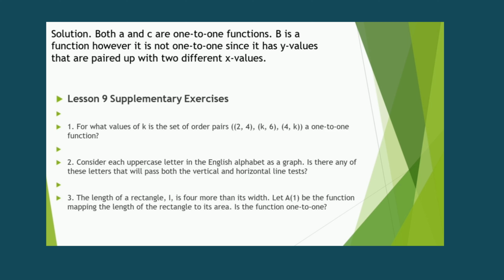Is there any of these letters that will pass both the vertical and horizontal line tests? Number 3. The length of a rectangle, l, is 4 more than its width. Let A of l be the function mapping the length of the rectangle to its area. Is the function 1